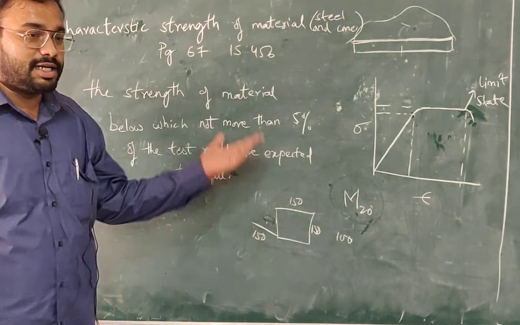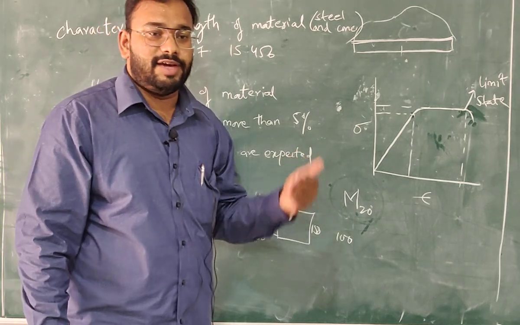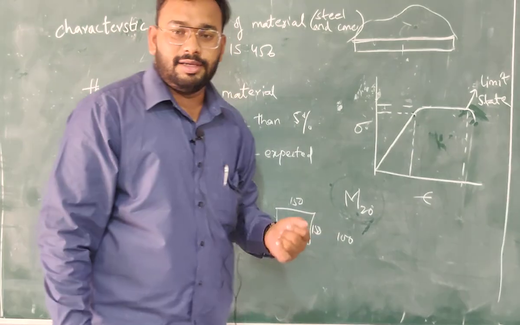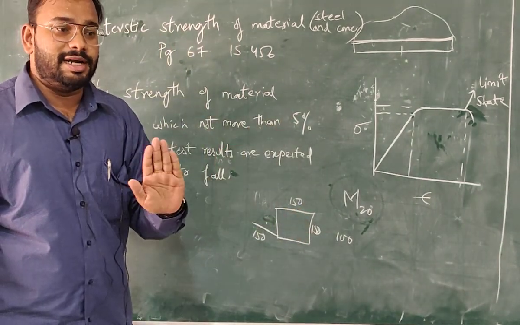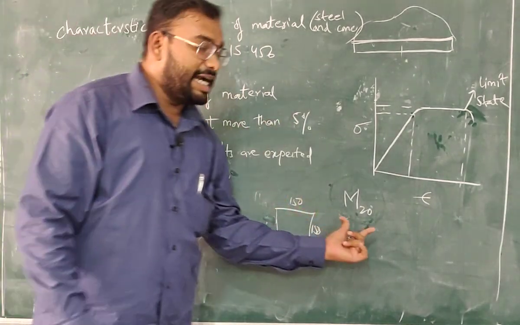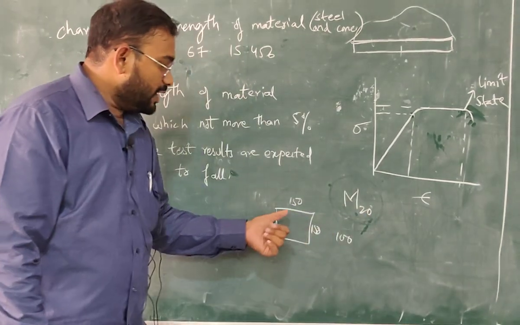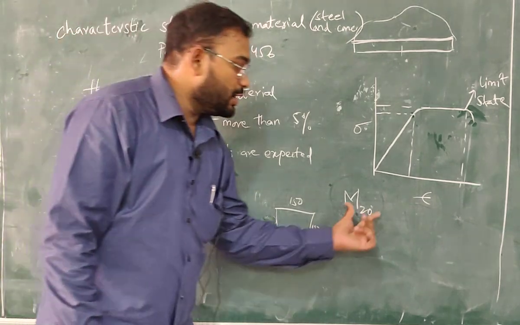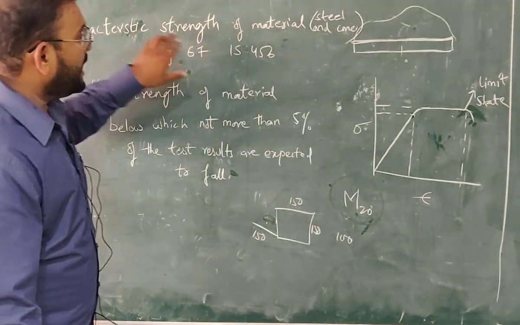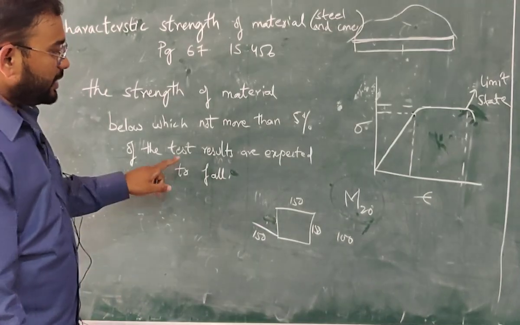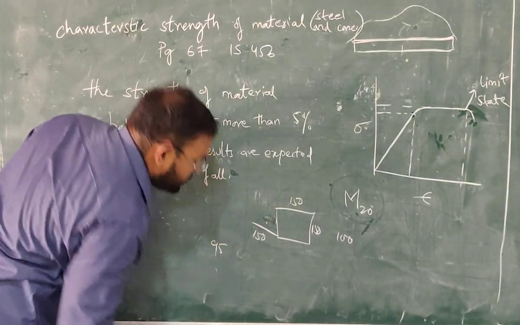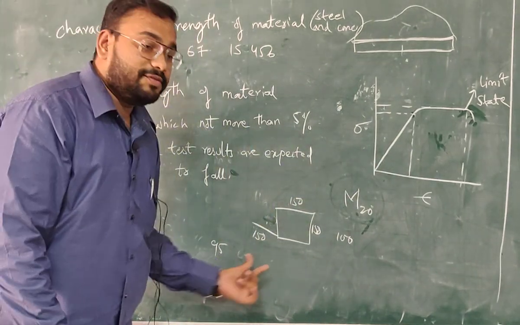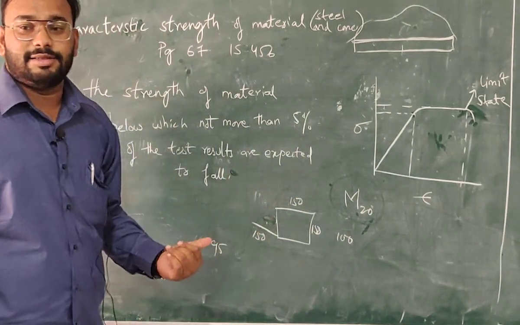You have generally seen in structural drawings it will be mentioned M20, M25, M30, M40 grade of concrete. Okay, this is called as grade of concrete. Concrete grade, not cement grade. Cement grade is totally different. This is the grade of concrete. So if you make 100 cubes of 150 by 150 by 150 of M20, what this characteristic strength says is, for 95 cubes, the strength should be 20 or more than 20. For 5 cubes, you can get less strength.